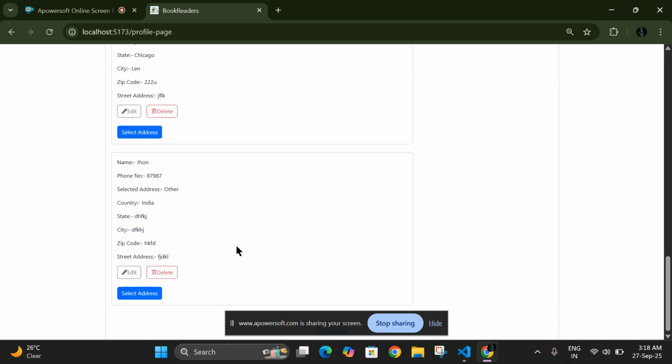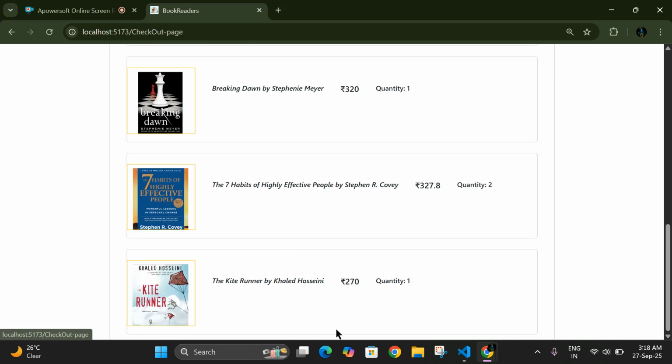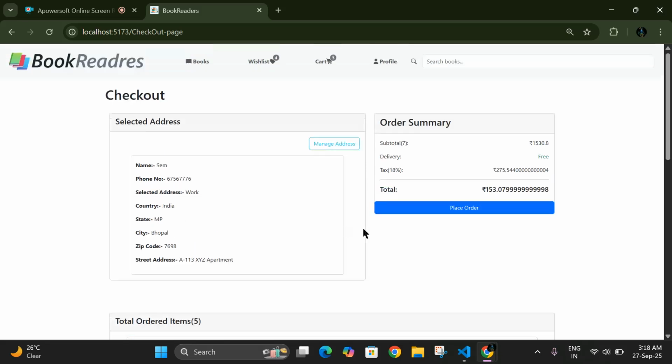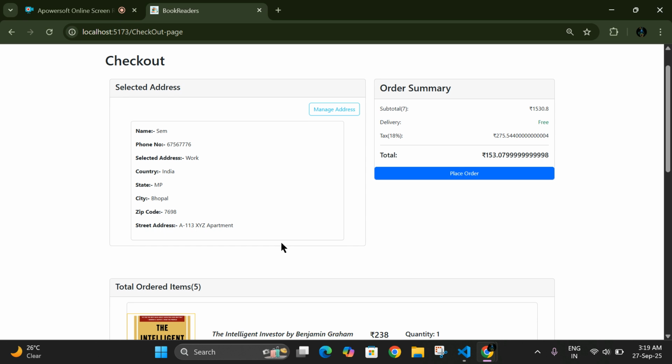It shows in this checkout page. So this is my checkout page of this app, and here we can see the address of Sam, which I have selected from the profile page.